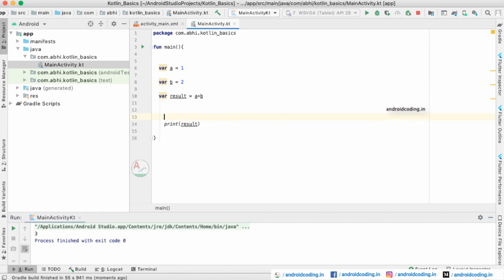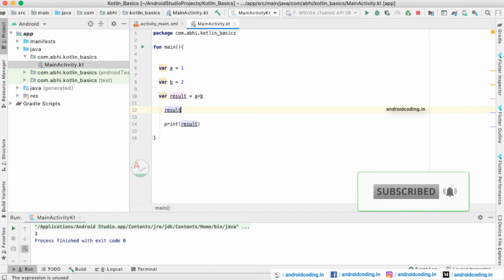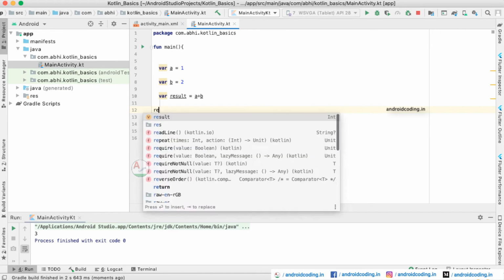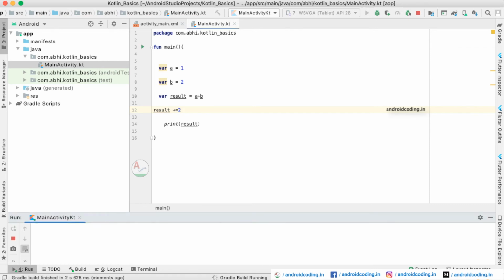But we want to use some sort of arithmetic operations. So now let us try to add 2 to the result and see the output. Here it is 3 currently, and now it is 5.